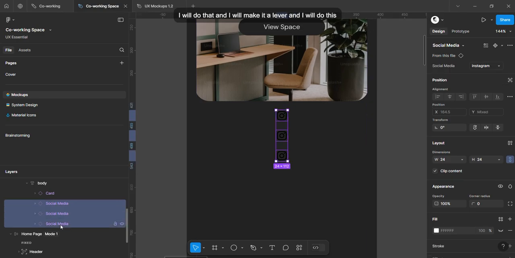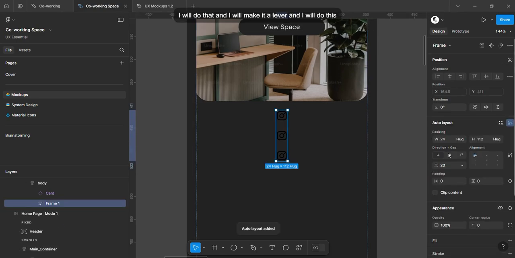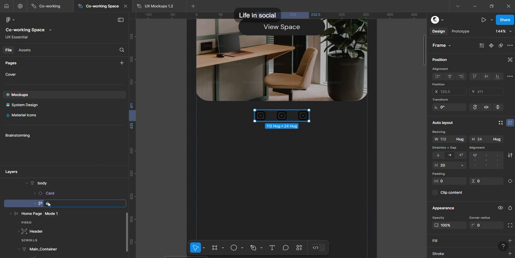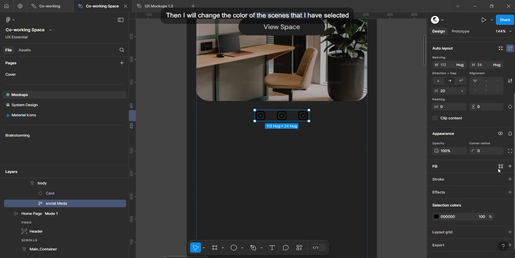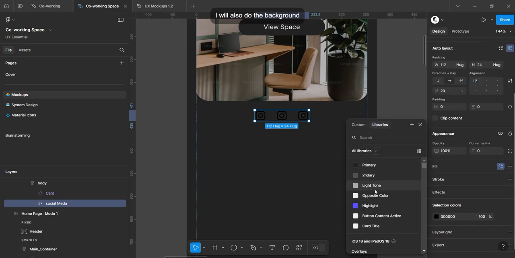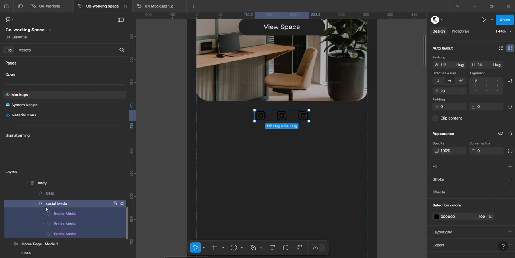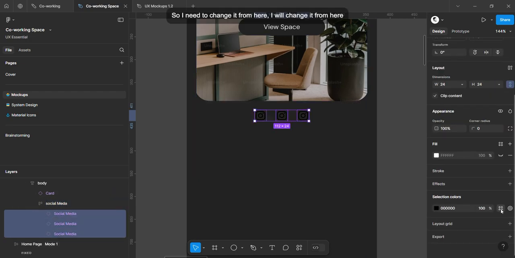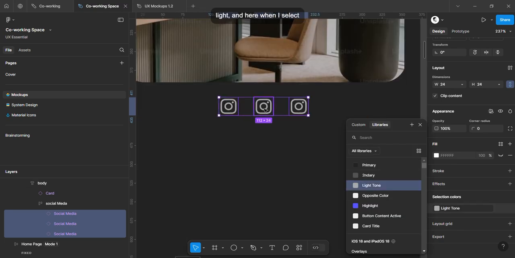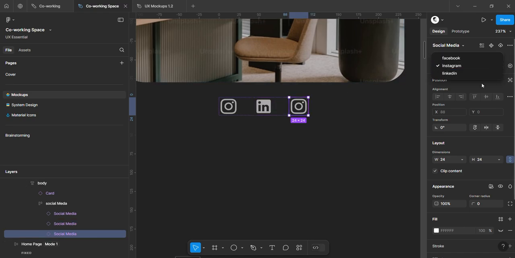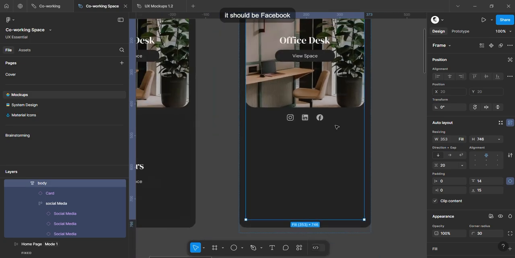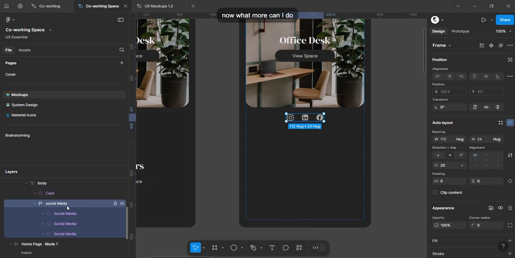अभी ऐसा आ गया, ये मैं तीनों को सेलेक्ट करूंगा और इसको ऑटो लेआउट बना दूंगा और इसको हॉरिजॉन्टल करूंगा। इसका नाम रखूंगा सोशल मीडिया। फिर तीनों का कलर चेंज कर दूंगा। लाइट को जो बैकग्राउंड है मेरे को यहाँ से चेंज करना है, और यहाँ में जब सेलेक्ट करूंगा तो मुझे ऑप्शन दिखा देगा कि ये लिंक्डइन का होना चाहिए या फेसबुक का होना है। हो गया राइट।